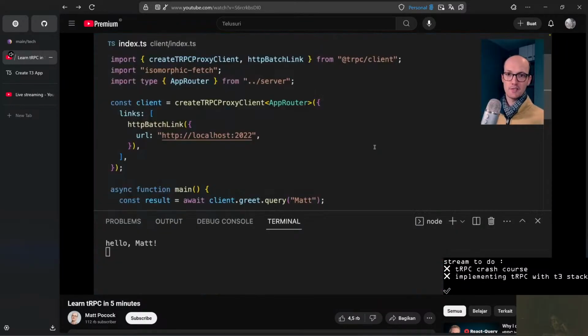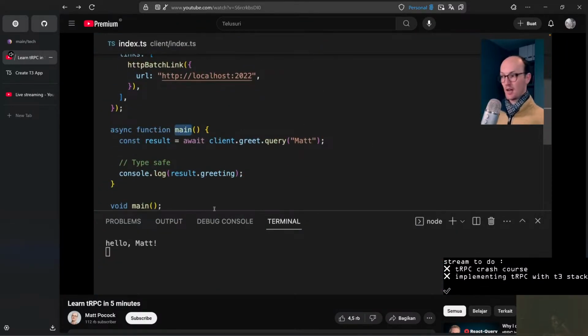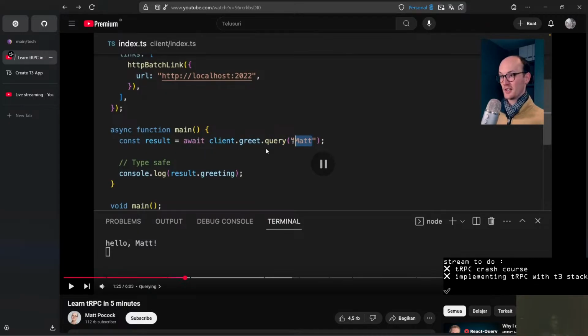I've started running a dev server here, and that's going to call main. I'm just running it inside the terminal here, not in a front end. But this code is perfectly valid on the front end too. We're calling client.greet.query. So we're currently sending